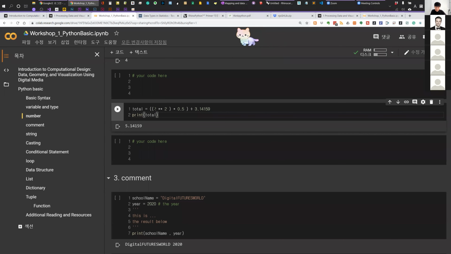So the inside of this package is executed first, right? And then it actually